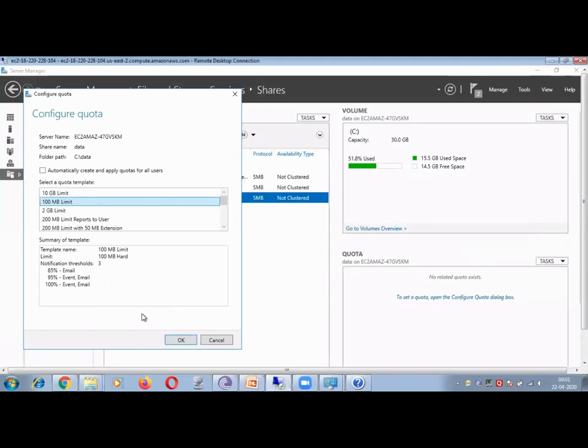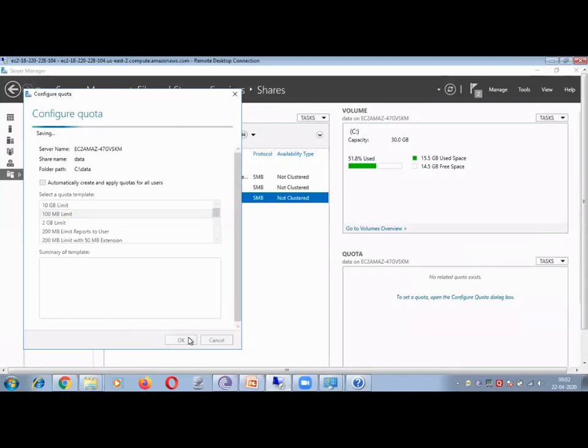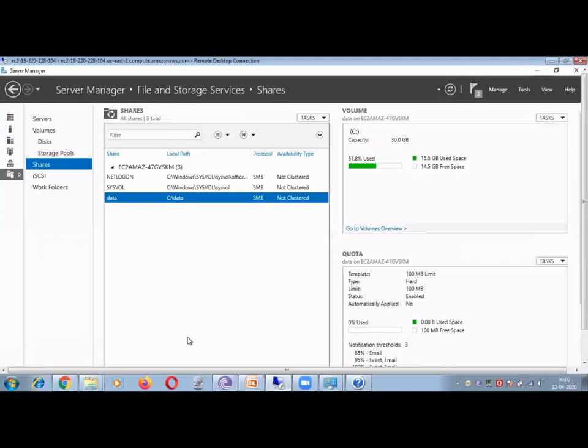They will get an email if your organization also has a Microsoft email server like Microsoft Exchange. Second, when the user reaches 95% of the quota, the event viewer will generate an event saying you are reaching 95% of the quota, and it also sends an email. Once the user reaches 100%, again the event viewer will log the event and you will also get an email notification. So this is how you can control how much data each user can store inside this particular data folder. Okay, click OK now. Clear, all clear?